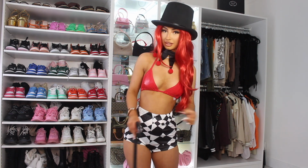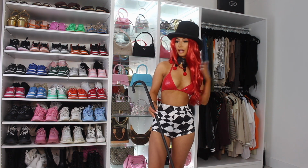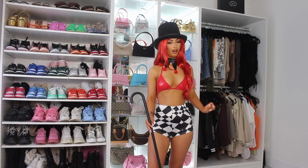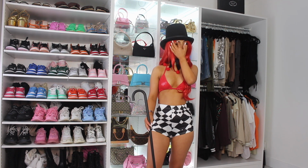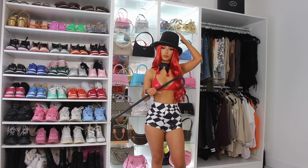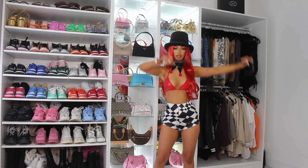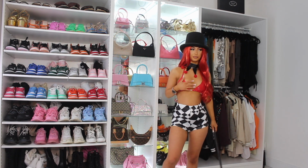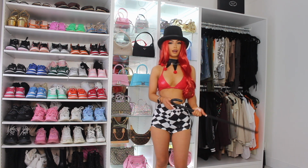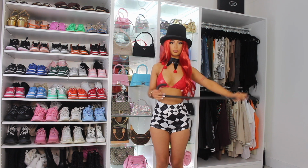Guys, can you take me serious? No, you can't. I mean, it's not a bad quality wig. I just got it a bit knotty trying to put it on. As far as wigs go, she's got the curl, it's looking nice. I feel like it's a good quality wig, and it has little hooks to hook it on. The hat's good quality, the cane's cute, the outfit's cute. It's actually written down as the Harley Quinn outfit. I'm not getting Harley Quinn out of this, but I'm getting little